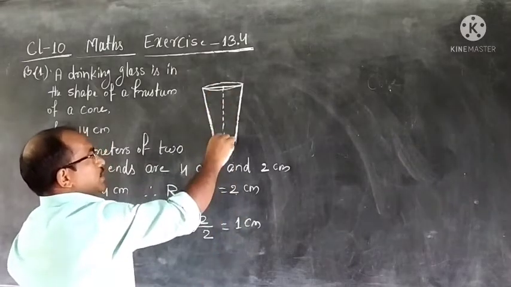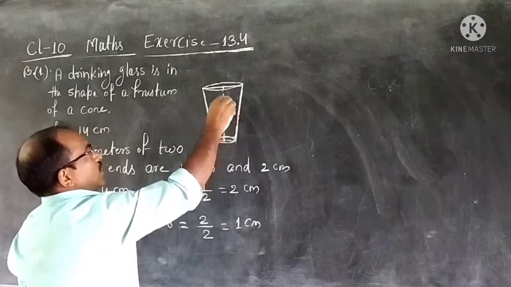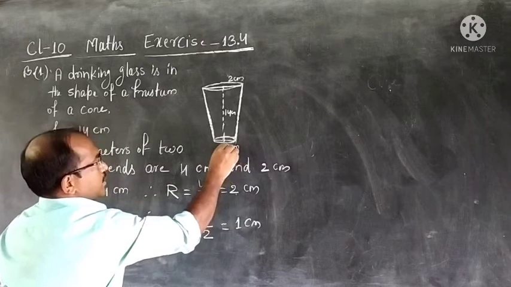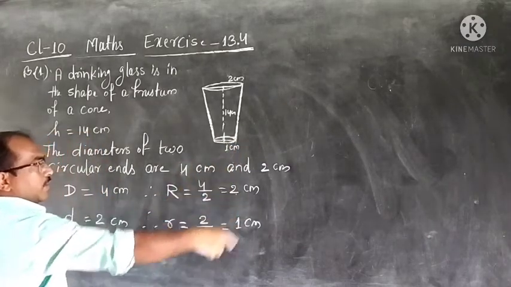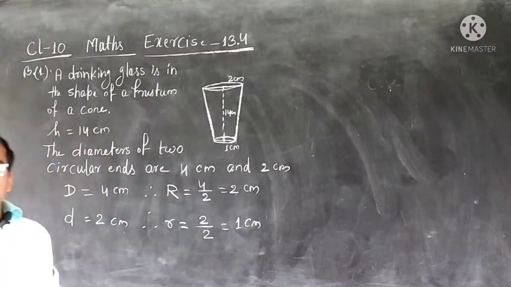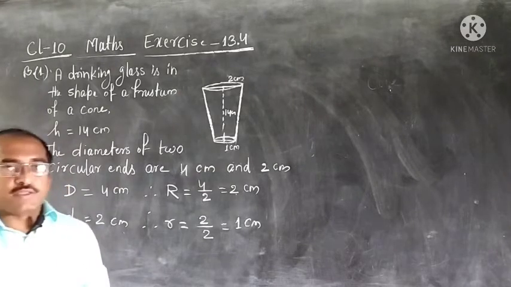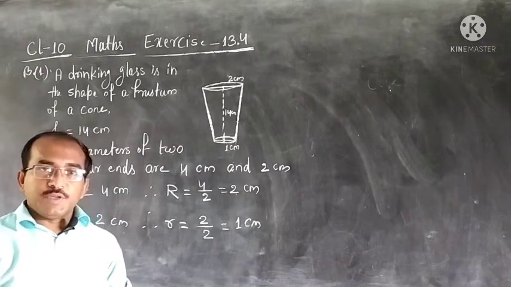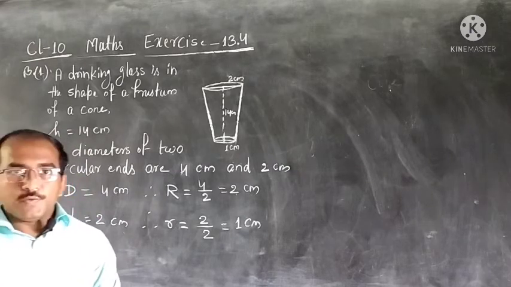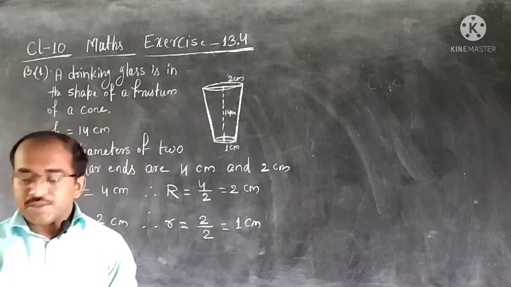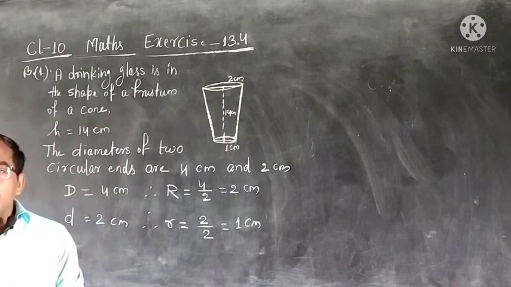Height is already 14, we can mention here also. This we got 2 centimeter, this we got 1 centimeter. It was not given; after finding all this we are mentioning it in the diagram. And the question asked here is, find the capacity of the glass. Capacity means we need to find the volume. What is the volume of the glass, meaning how much water or anything it will contain. So we need to know the volume of